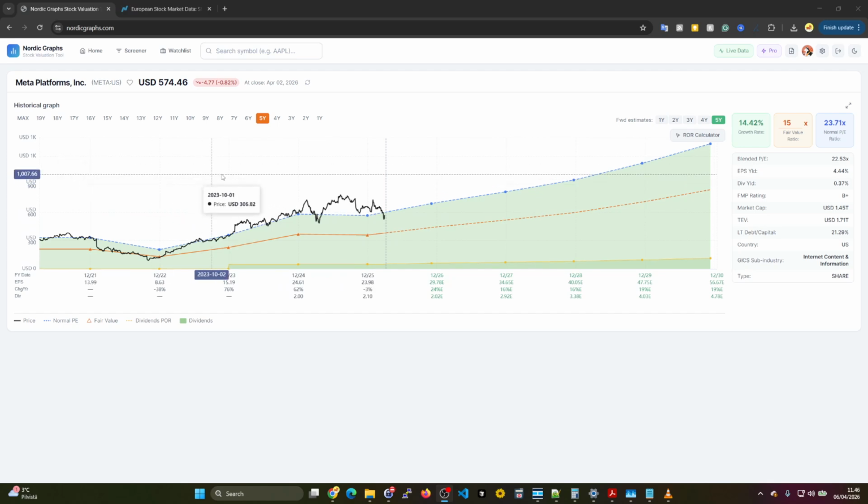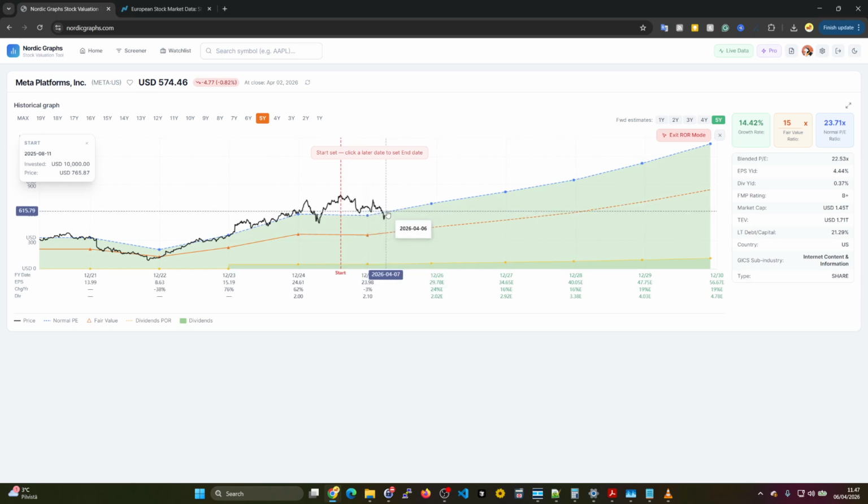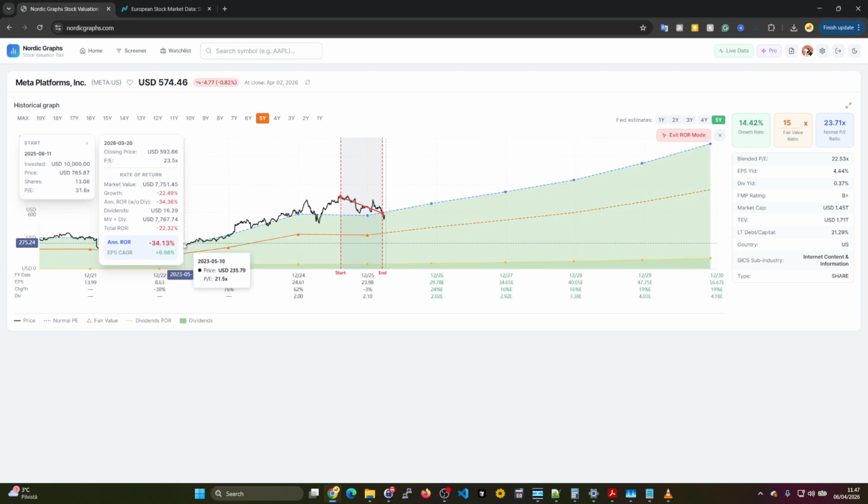So from a rate of return point of view, it does matter quite a bit at what valuation you buy the stock. For example, if you would have bought the stock here at its peak, being that much out from the normal PE line, then going back to the normal valuation, you would have lost